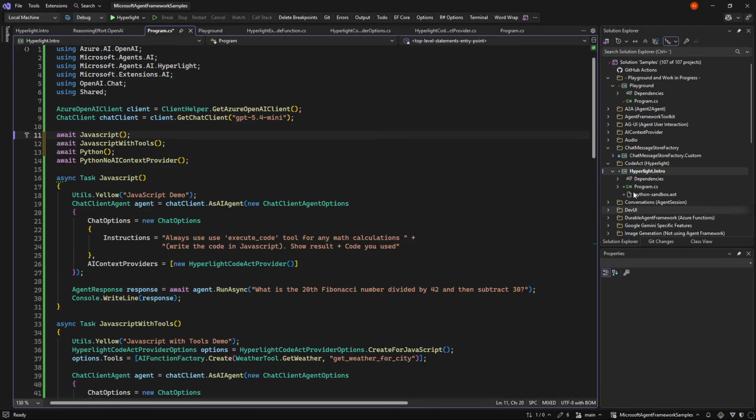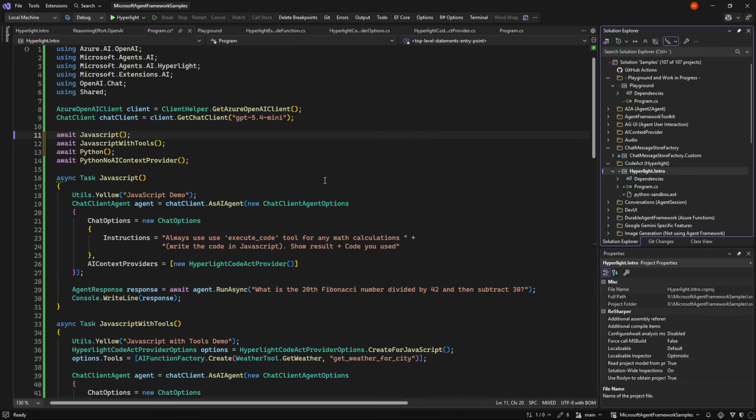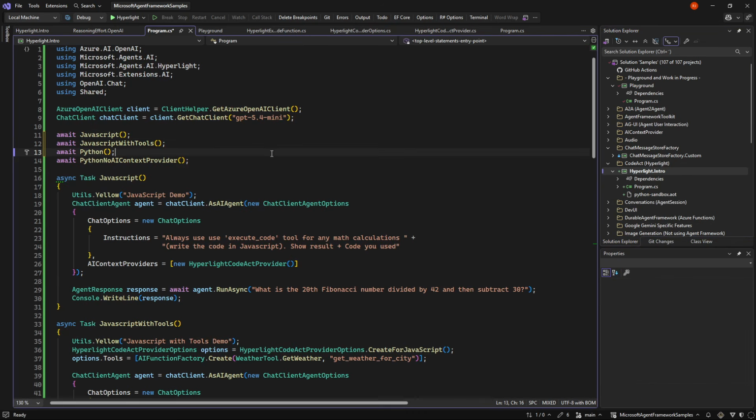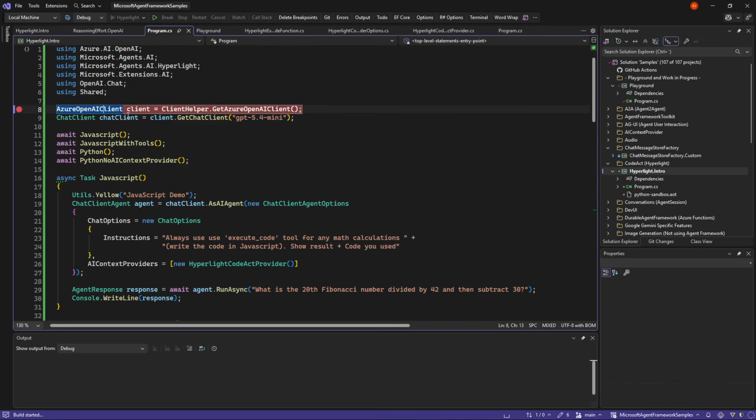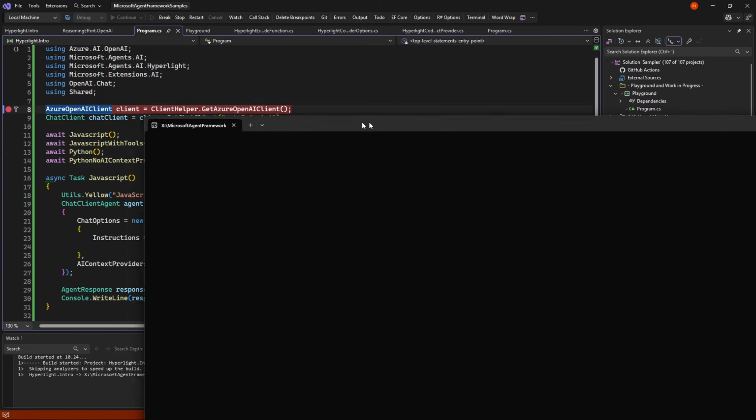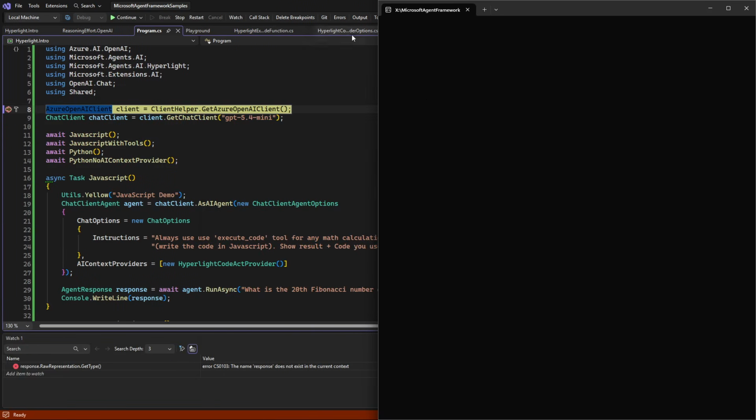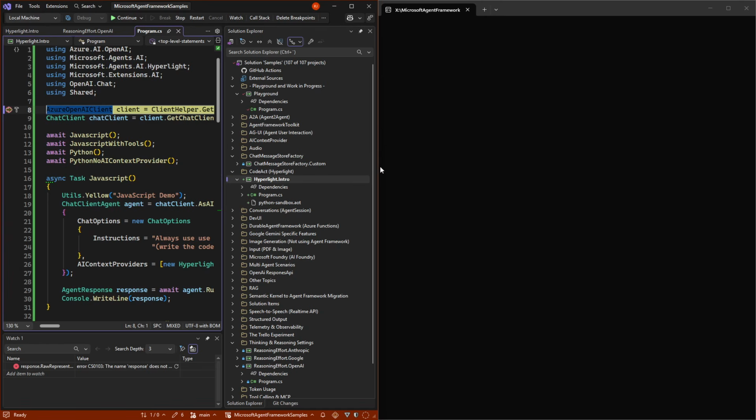So in my sample repo, I have something called CodeAct here. And in that, I put in an introduction. We might make more videos going forward. But let's just set a breakpoint and let's run the code here. So it's just getting started. And let me move the console in here as well so we can see.